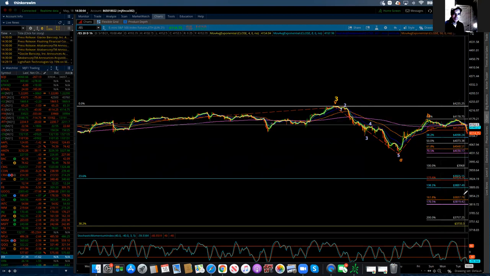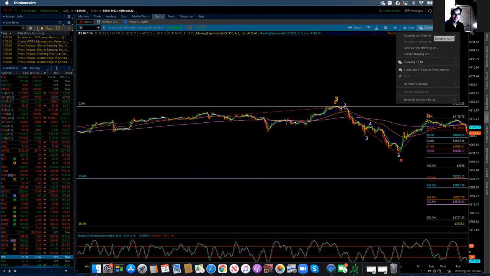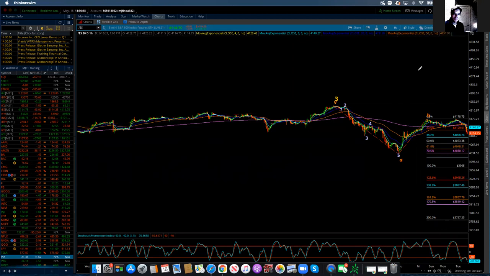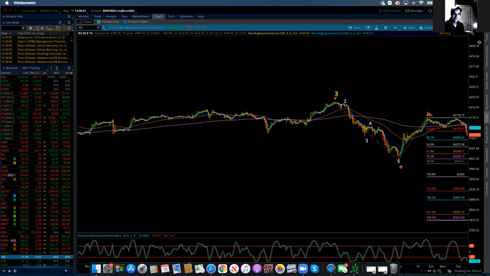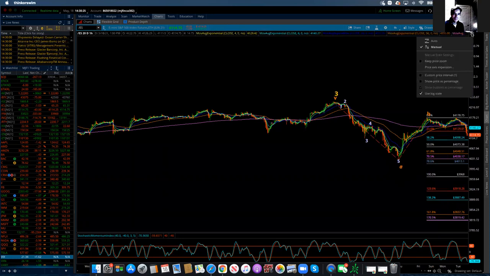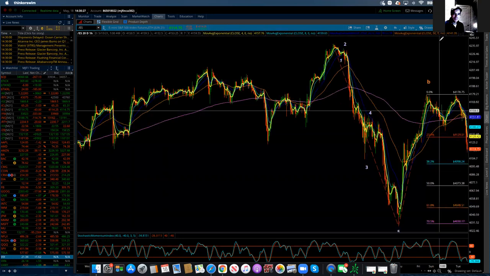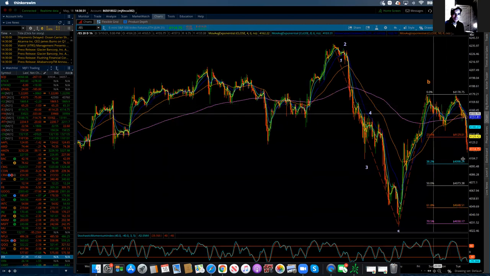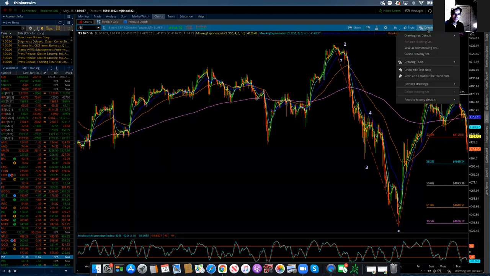This is going to be number two, and then the third is going to be down here, or all the way down here. So that's going to be our downside. Now, let me take the retracements off, pull this open a little bit more, and let's take a look at the possibility that this is just wave A of B, this is wave B of B, and now we're going to go take a fly high. We're going to go much higher.